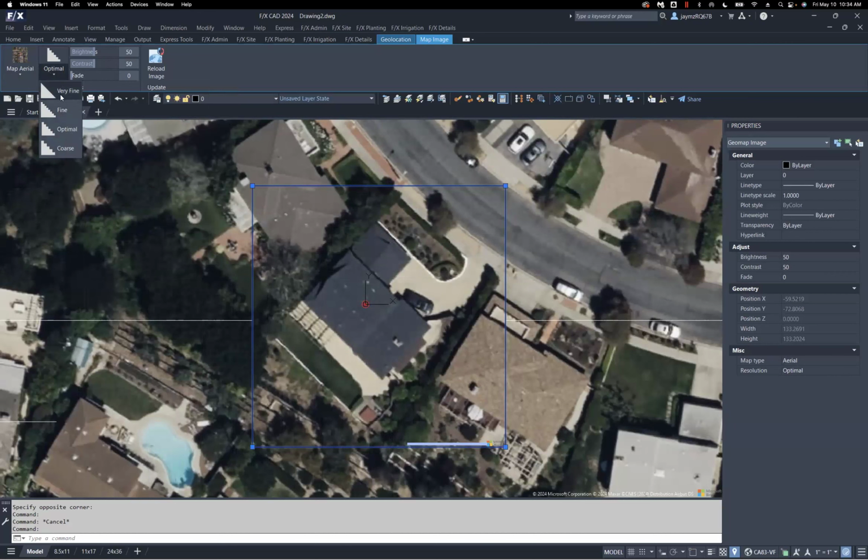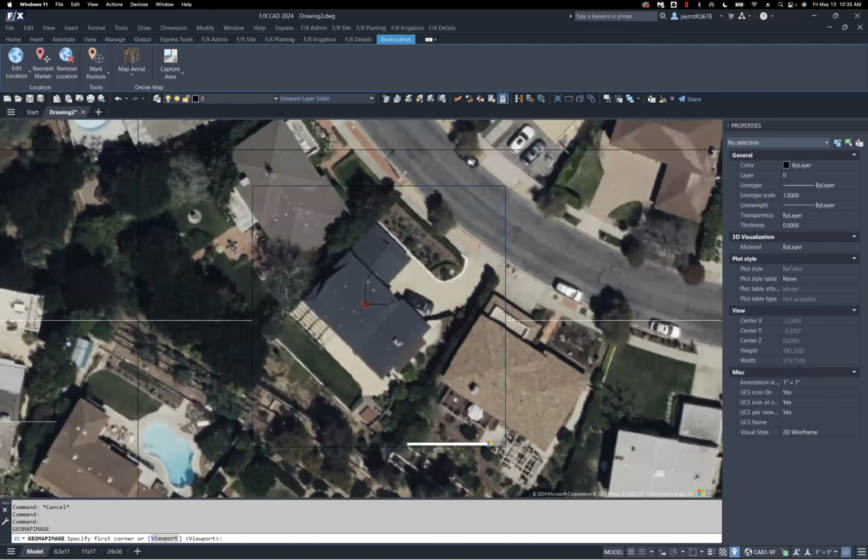So we're going to take this off of optimal and we're going to put it on very fine. It's a pretty subtle difference. It makes more of a difference when you're zoomed in and you can see the pixels more, but if I were to drop it down to coarse, for example, you could see that subtle shift. So we want to make sure that we have that set to fine.